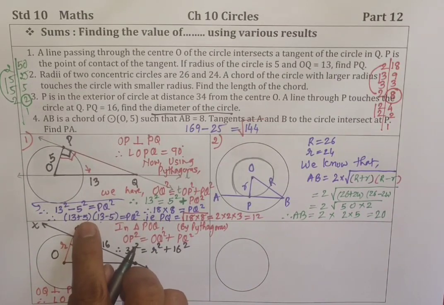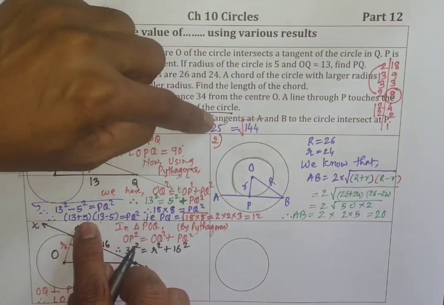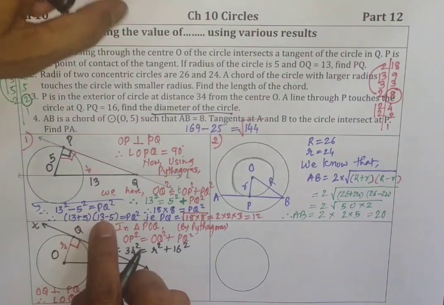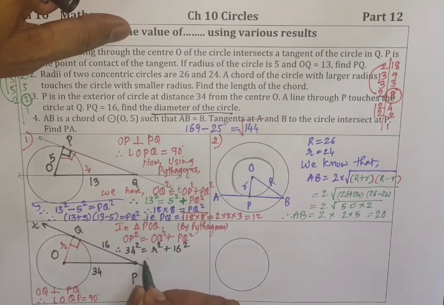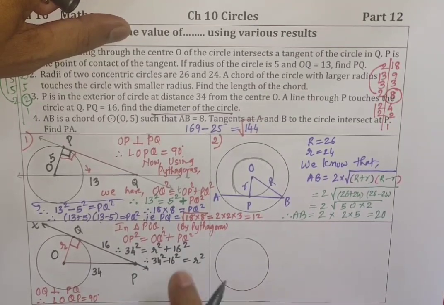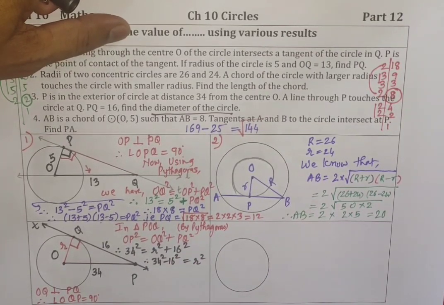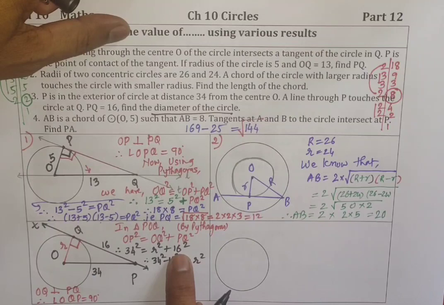Children, you might wonder कि सर ने 169 minus 25 क्यों नहीं किया? वो आसान था. A square minus B square क्यों किया? The reason is here. See now, this gives you 34 square minus 16 square is equal to R square. 16 square को वो बाजू लेगा. 16 square is 256. 34 square आपको करना पड़ेगा, है ना? But instead of that, ये easy रहेगा. Bracket into bracket is equal to R square. Now this is 34 plus 16 and this is 34 minus 16.